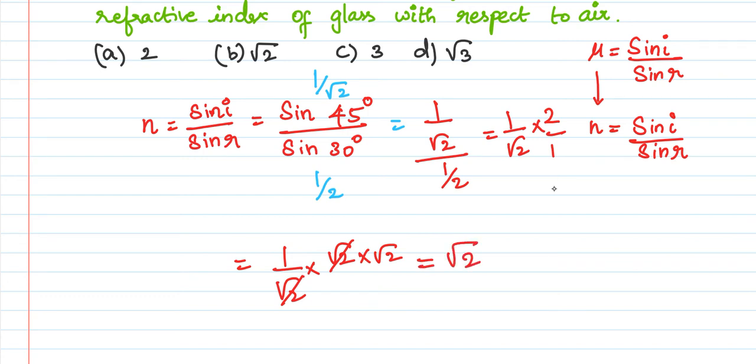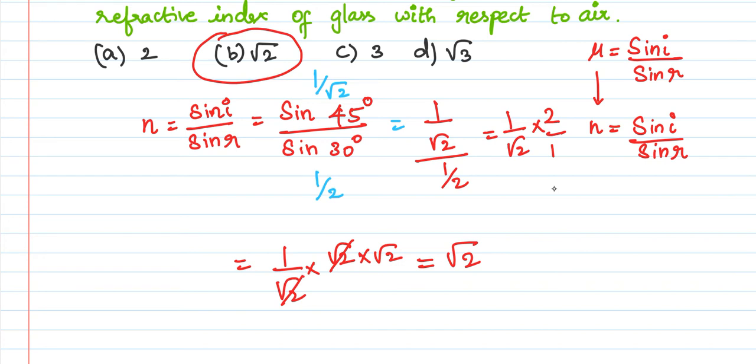If it is a normal numerical you are working out, I would say to bring the answer in decimal form. But now it is of no use, because you proceed according to whatever is given in the options. If it is given as 1.414, you would proceed that way. Now it is directly given as root 3 or root 2 only. So your answer is which one? B, root 2.